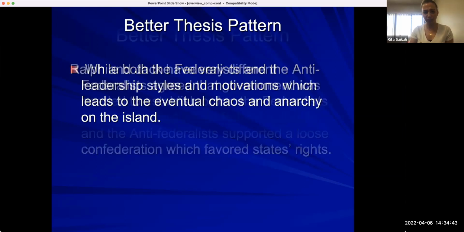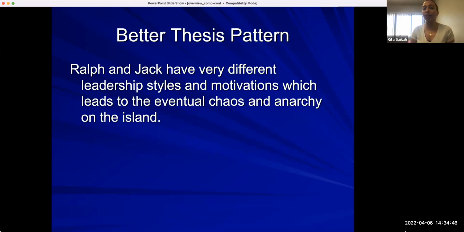Cool. Another example, Ralph and Jack have very different leadership styles and motivations, which leads to the eventual chaos and anarchy on the island. All right, so we can tell very clearly that they both have leadership styles and motivations, right? We can tell that. It may not be as clear, but we can tell that. But very clearly, we can tell that because those two categories are different, that causes chaos and anarchy on the island. So here we see that,